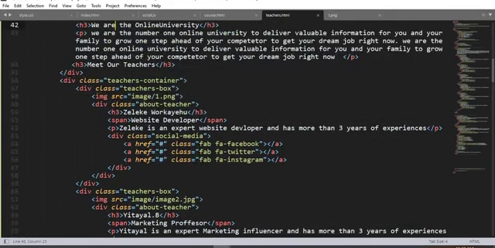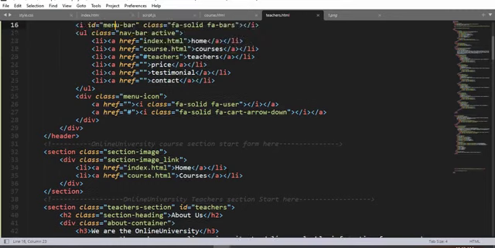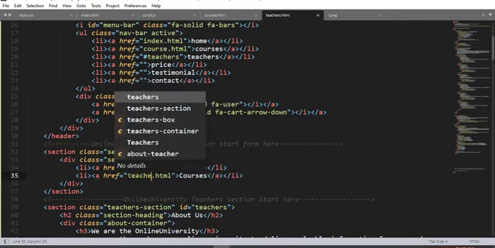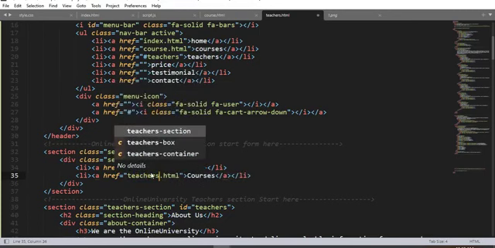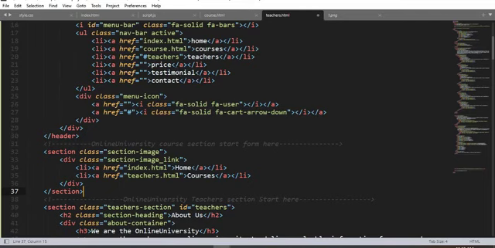So come over here, the navigation link right here, and add some link right here. So over here, we are going to change the course.html into teachers.html, and then